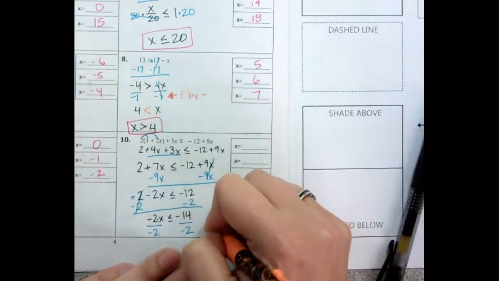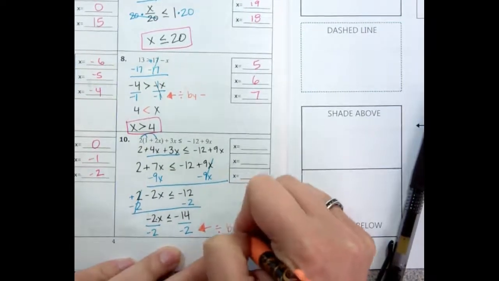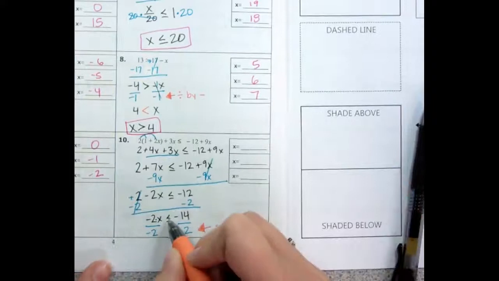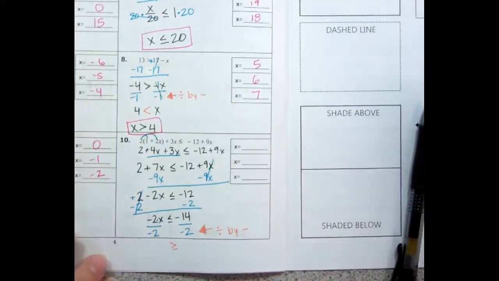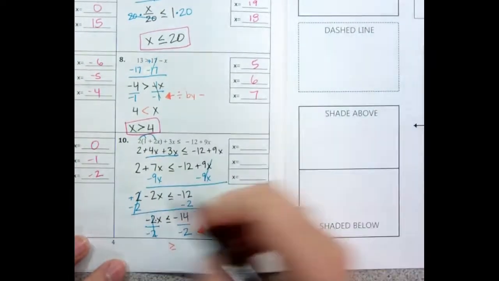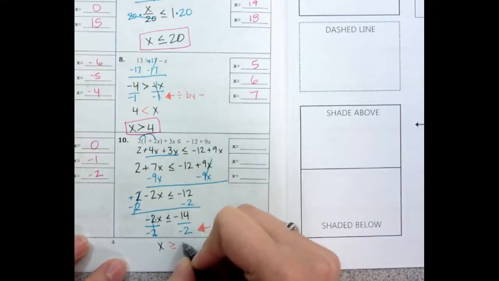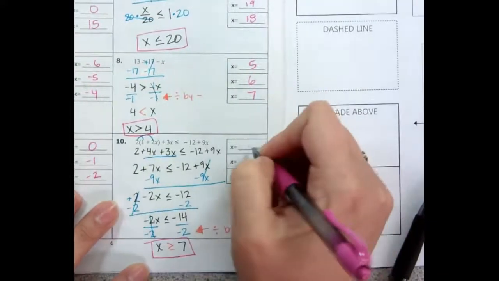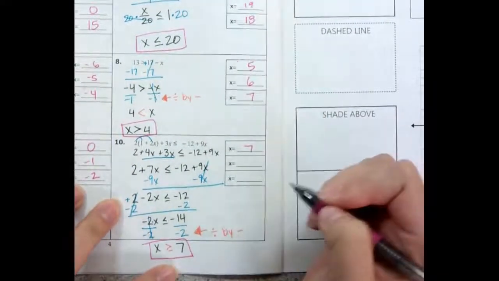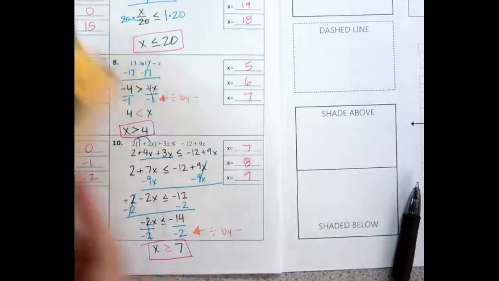Did you catch it? Right there, I divided by a negative. So I have to change my less than or equal to a greater than or equal to. And I'm left with x is greater than or equal to, negative divided by negative is positive, 14 over 2 is 7. So things greater than or equal to 7, well, 7, because that's the equal to, and then greater than that, 8, 9. And if you want to check that one,